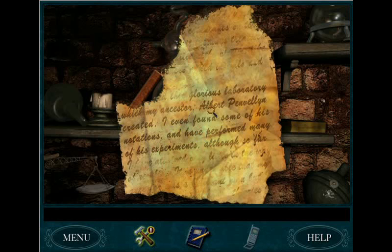Glorious laboratory which my ancestor Albert Penvellyn created. I even found some of his notations and have performed many of his experiments, although so far,